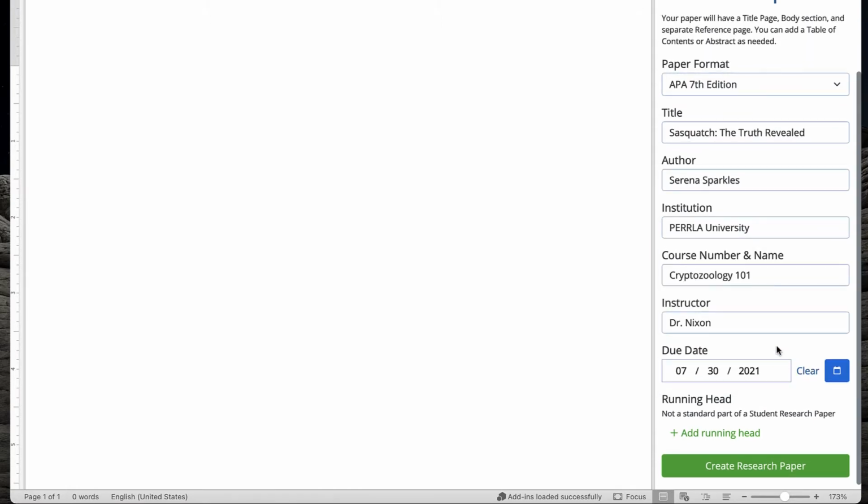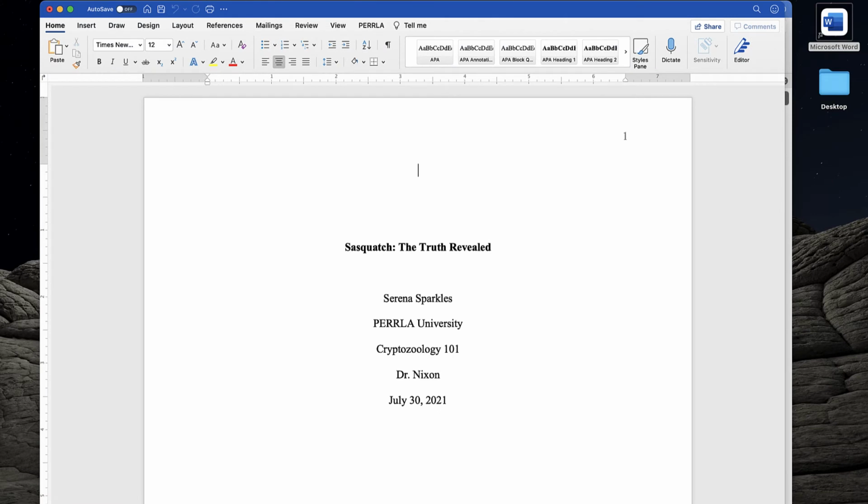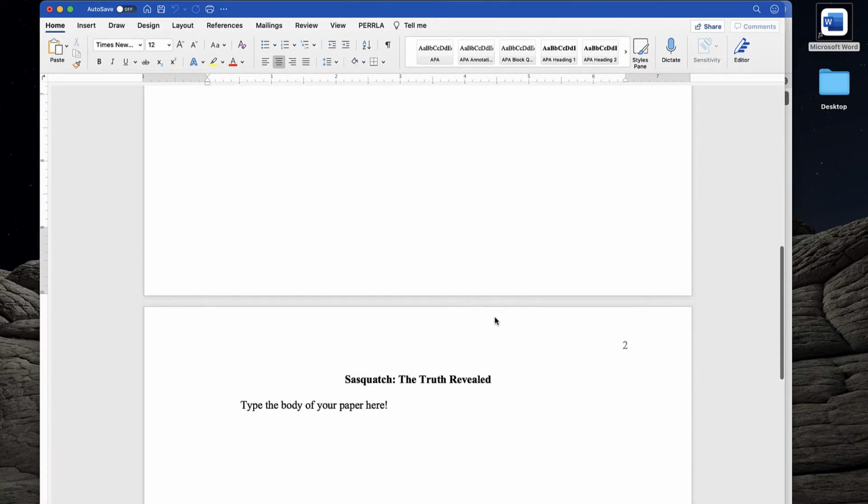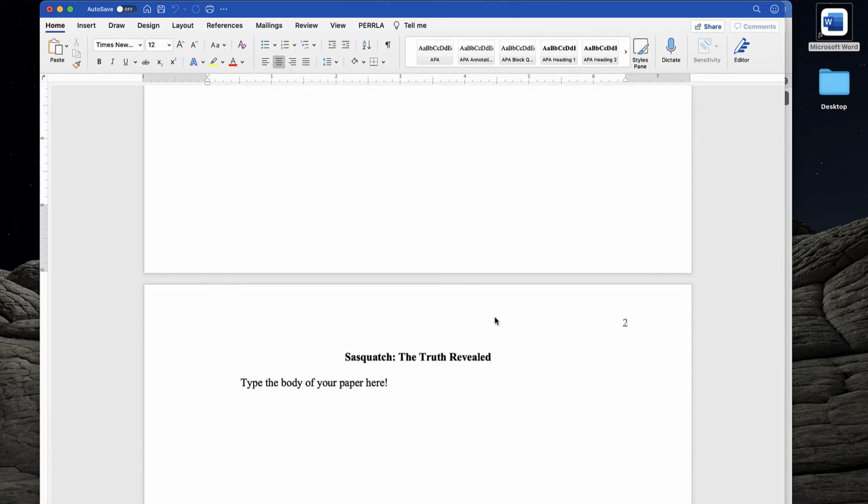Now, the APA 7th edition does not require a running head. However, if you need to add one, you can click Add Running Head here. Once we've filled in our information, we're going to click Create Research Paper. PERRL is going to do a little bit of magic, and it's going to create our research paper in a brand new Word document that's going to have all the formatting, styling, spacing, and default everything set up for the